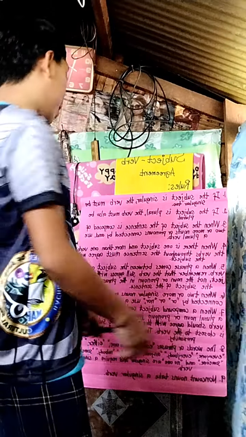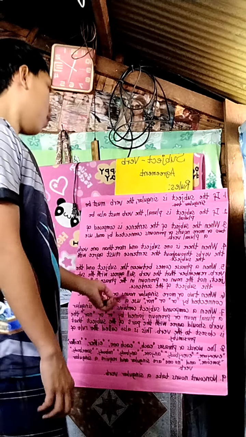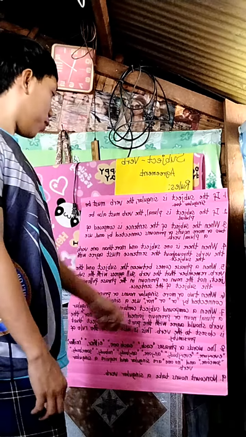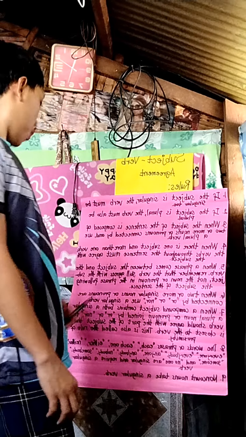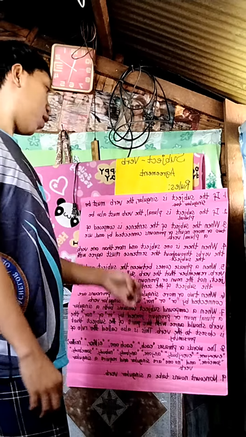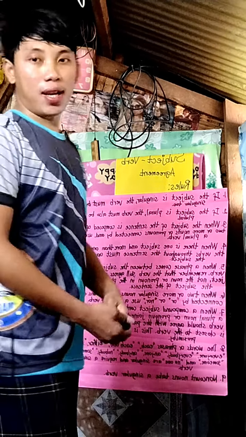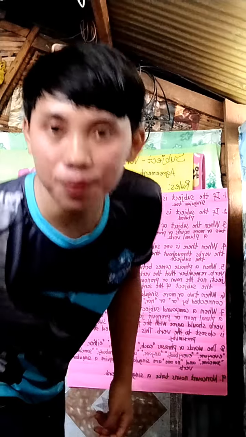Rule number 7. When a compound subject contains both a singular and a plural noun or pronoun joined by or or nor, the verb should agree with the part of the subject that is closest to the verb. This is called the rule of proximity. Just like for the example,